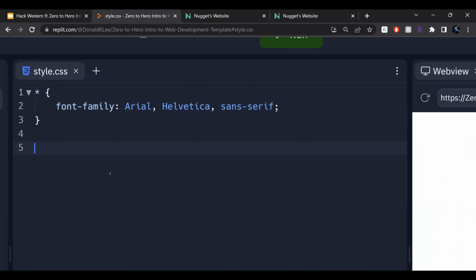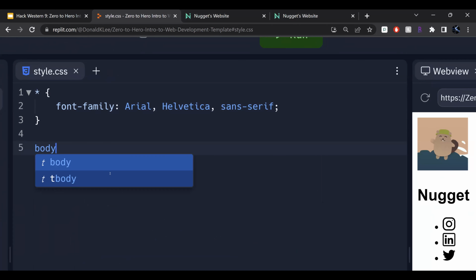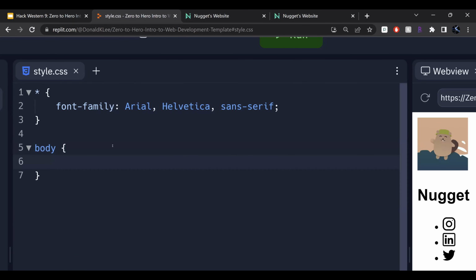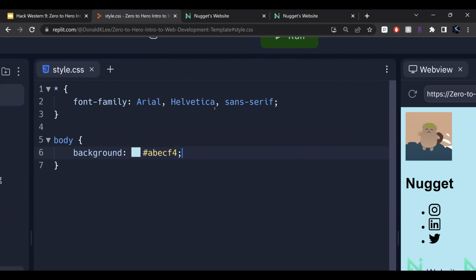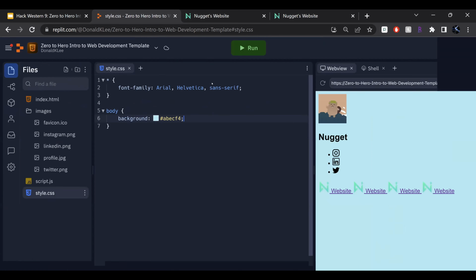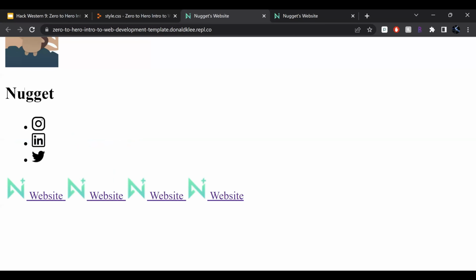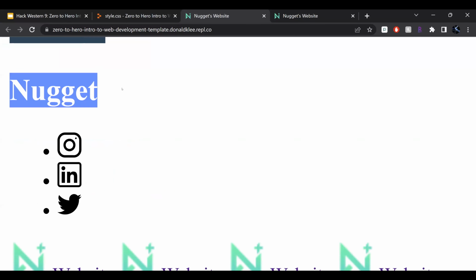And then for our body, which basically selects everything inside our body tag, I'm just going to give it a background of this. So ABECF4. And I'll send the code into the chat just in case you didn't get the chance to copy this down. Yeah, when you run your code, so notice how this text, we don't have the Arial font